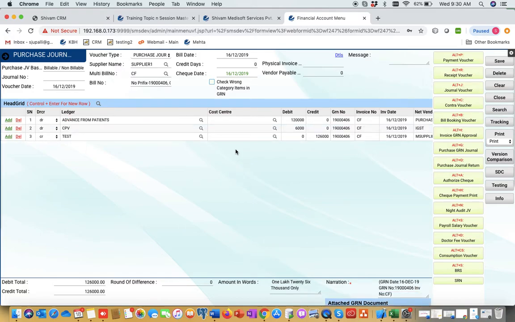We can post purchase journals one by one or multiple also, but we prefer to post the purchase journal one by one, bill wise only.